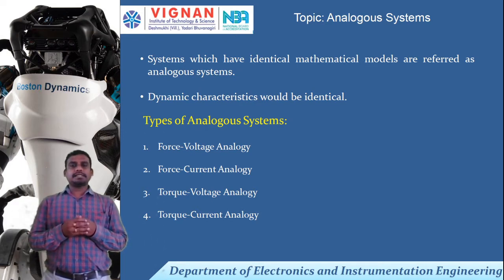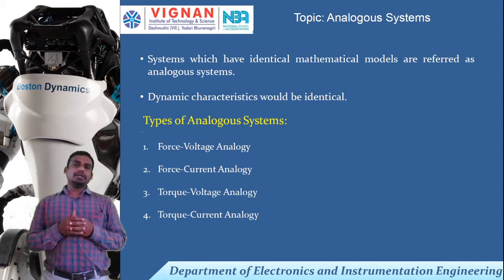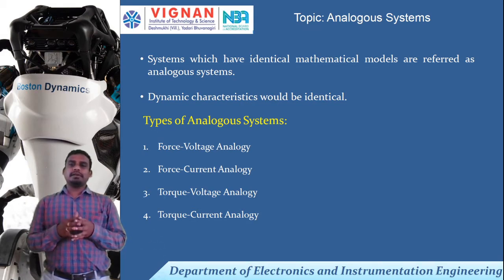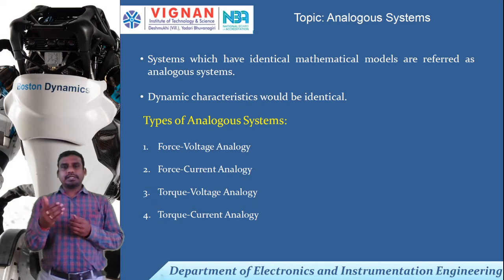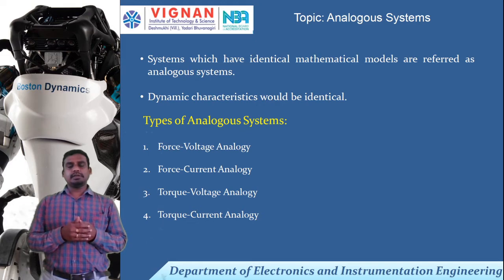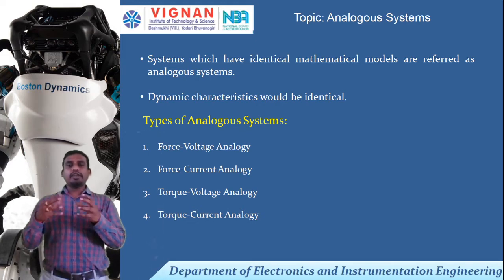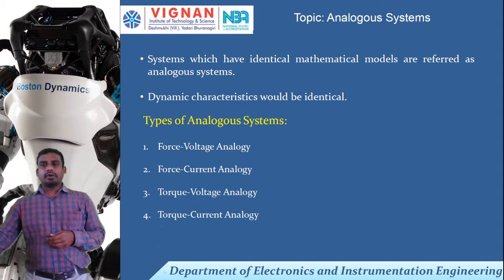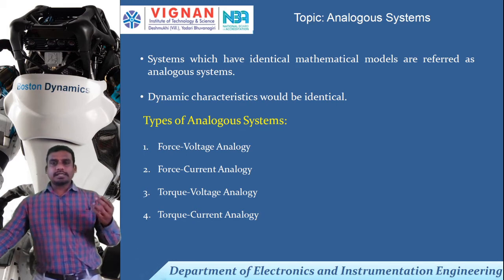There are different types of analogous system like force voltage analogous, force current analogous, torque voltage and torque current. Here what we are doing is we are replicating the mechanical system in terms of an electrical system. Either it could be voltage analogous or current analogous, right? So once we show how can we do this, then you will have a good idea on analogous system, and you can replicate and you can modify in whichever way you want to do it, right? Okay, then we'll start with force voltage analogous system. Then we'll proceed further with the different types of analogous systems.